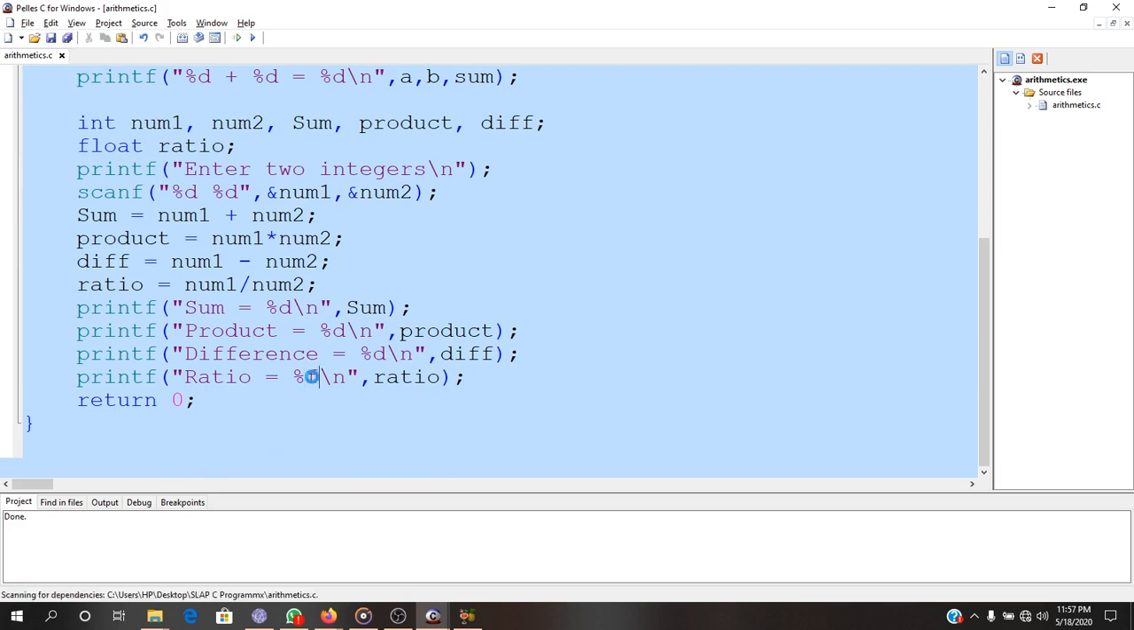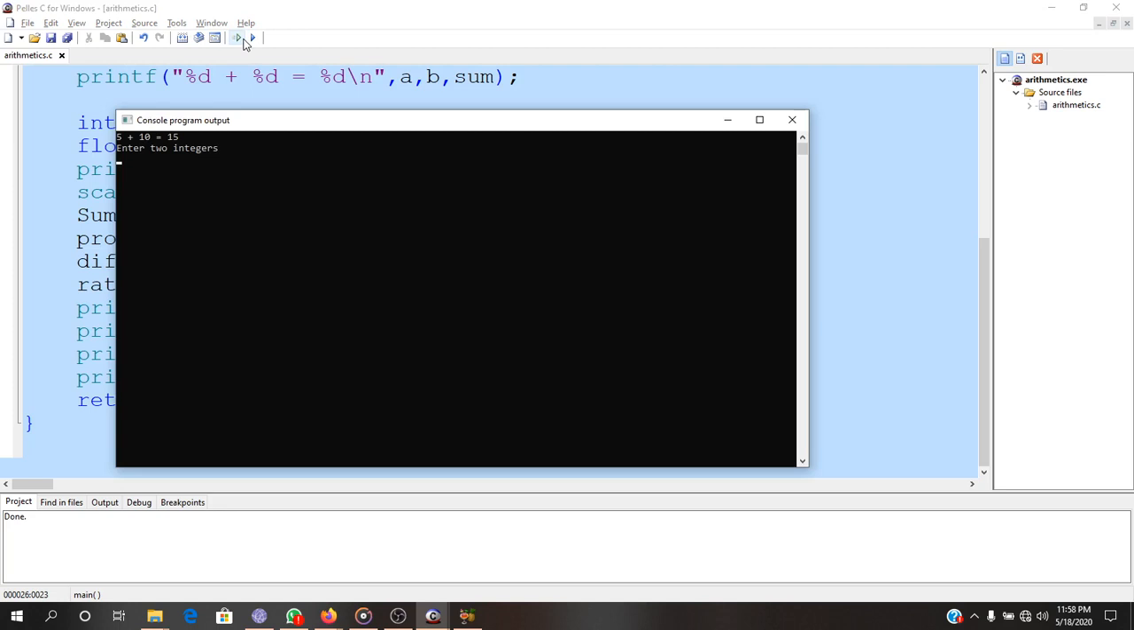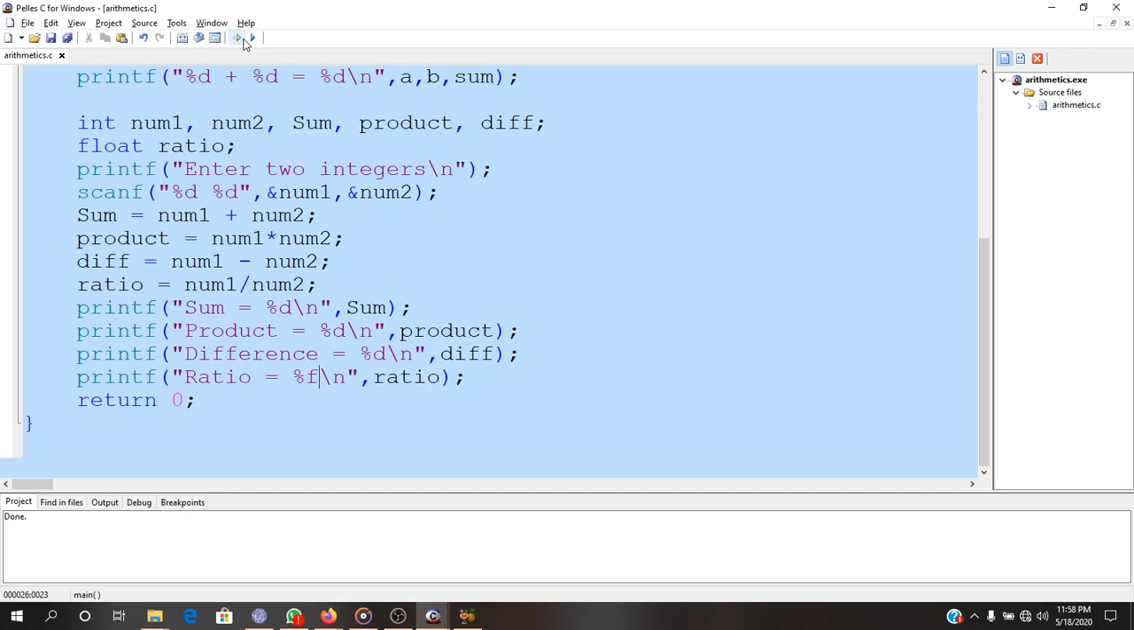Instead of percentage d, I'll do percentage f. If I compile and run and use the same values 5 and 10, it's probably going to give me a really long decimal number, 0.00000. And why is it giving that? Because 5 and 10 are still integers. So what we need to do is take num1 and num2